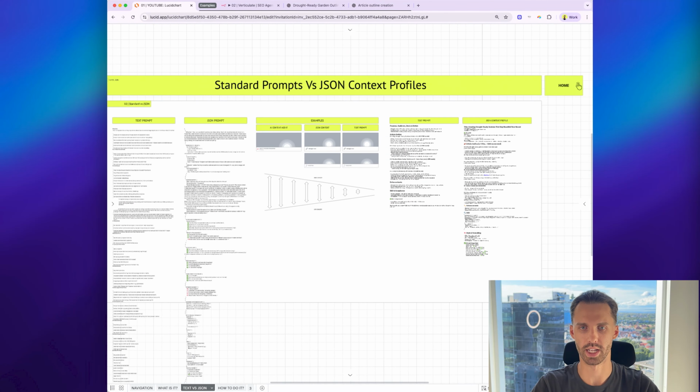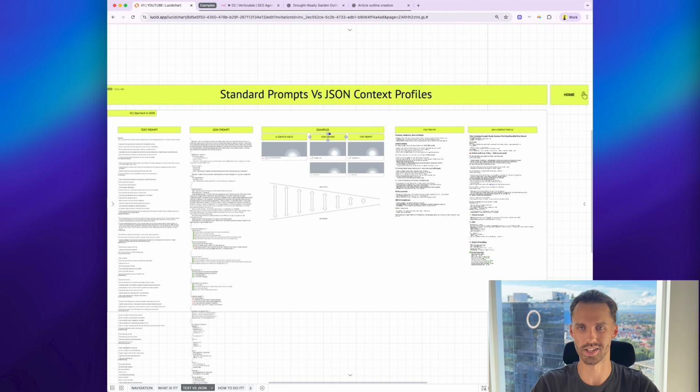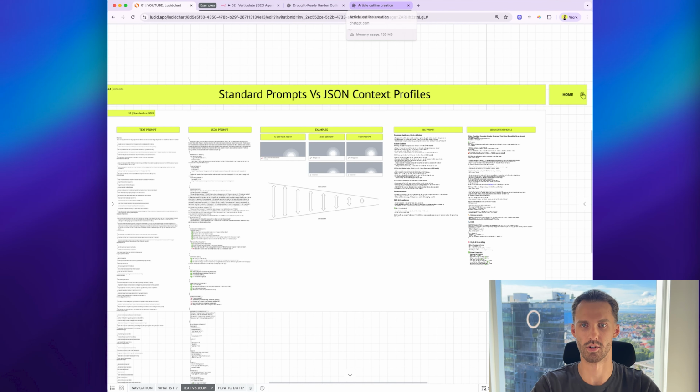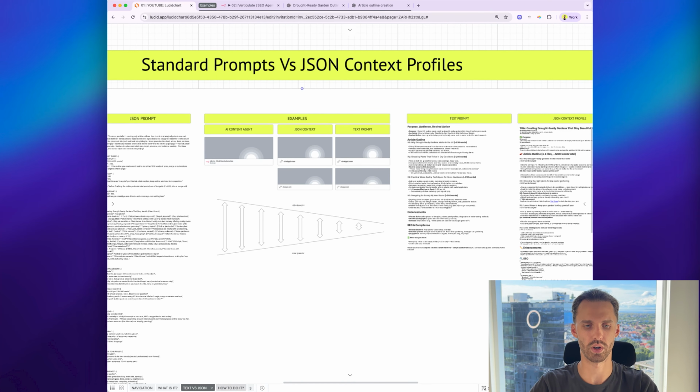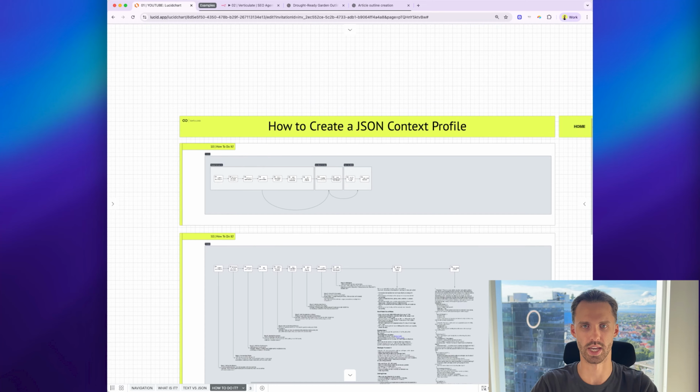So now you'll have a pretty clear overview of the difference between a standard prompt and a JSON context profile and how it works, right? You've seen the output and how the output did have small nuances that are going to be really important at scale. And the main point that we're trying to achieve here is basically just increasing the quality of the output by reducing the variance of the output. So we're trying to get the output into a very stable format where it's outputting exactly what we need every time. So how can you actually do it, and how can you create a JSON context profile